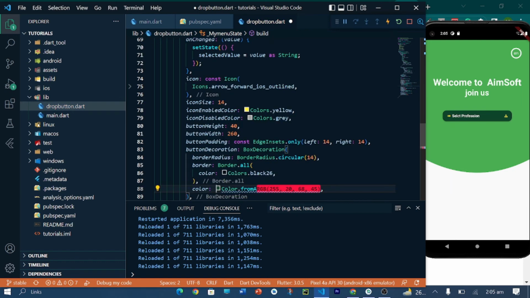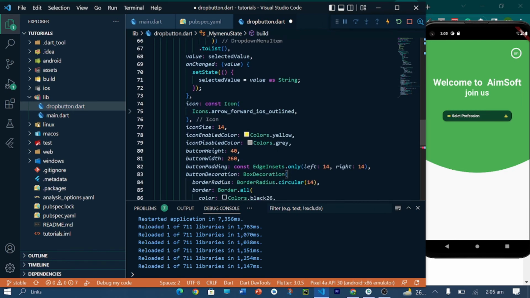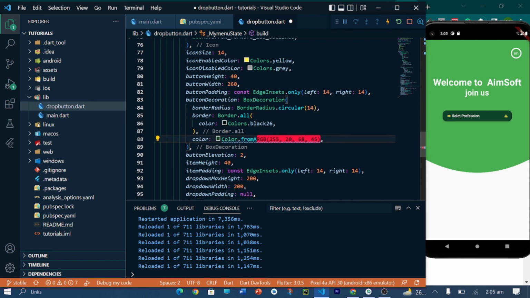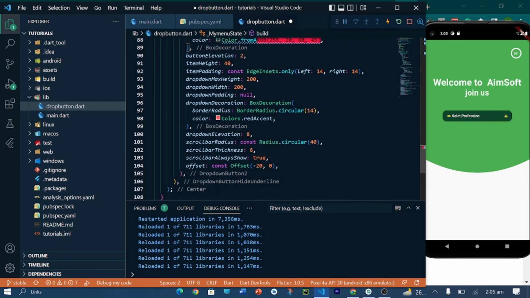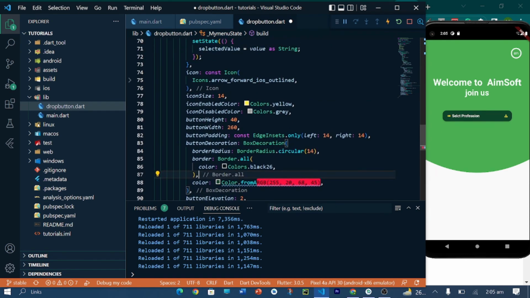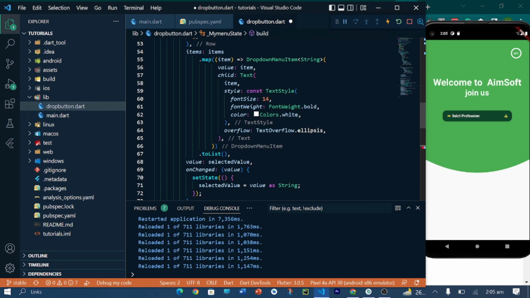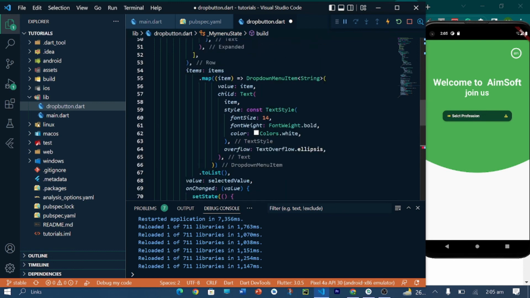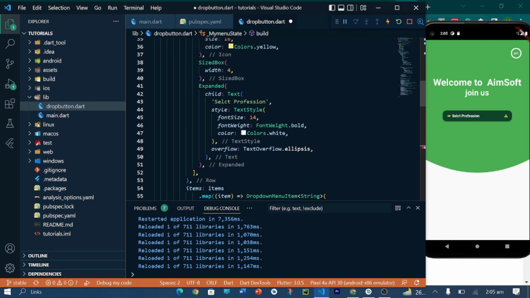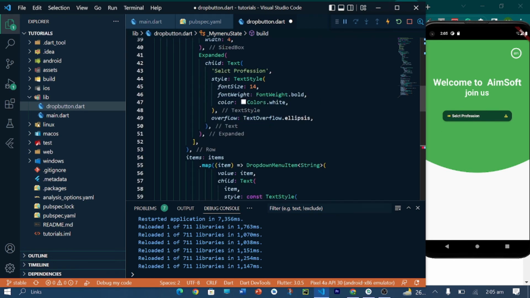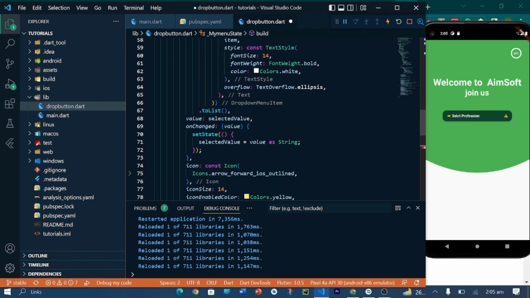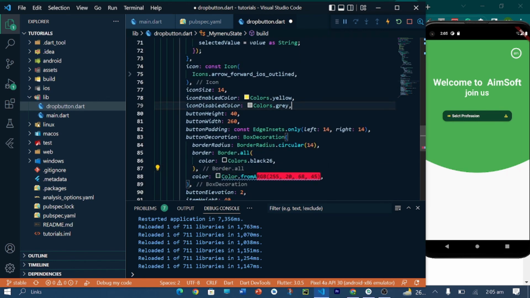Okay, so where's my left side icon? I think it would be here, but I think I'm missing it. Where's that icon? Forward, and then we had this,